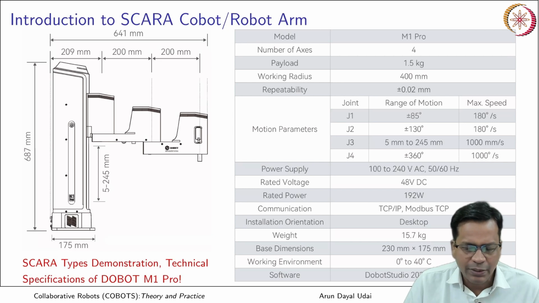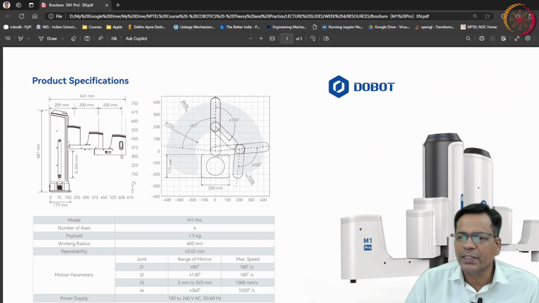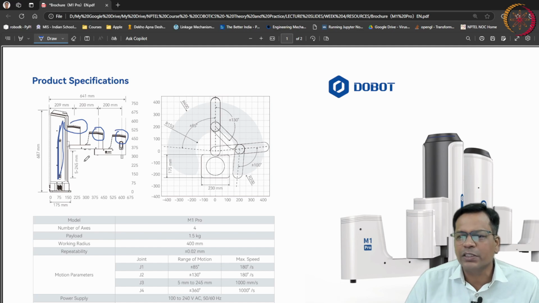So let us come here. So this is what is your SCARA. Again, let me just show you the technical specifications of this. You can see it. So yes, you see the first axis, this one from here to here. So this is your linear axis, this goes up and down. So you have another one which is a prismatic axis and a revolute axis which is here. You have revolute axis here and you have revolute axis here. So three are revolute axes. First one is prismatic joint. Got it? This is how it looks like.